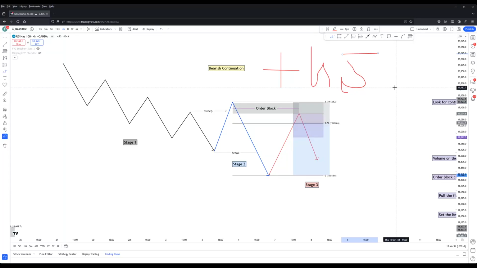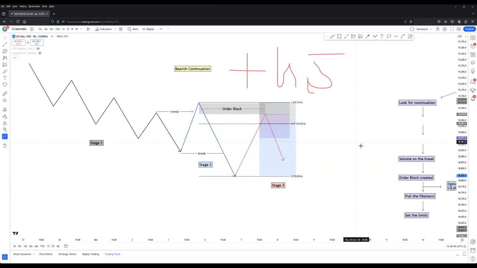And this is why you can have a really high win ratio with this strategy, because the order block position has a really high chance to hit the TP. Therefore, you are not losing on the losing ideas. You are still winning. You are making money on the ideas that are actually reversing back down to the stop loss, and you are still making money. This is the simple plan